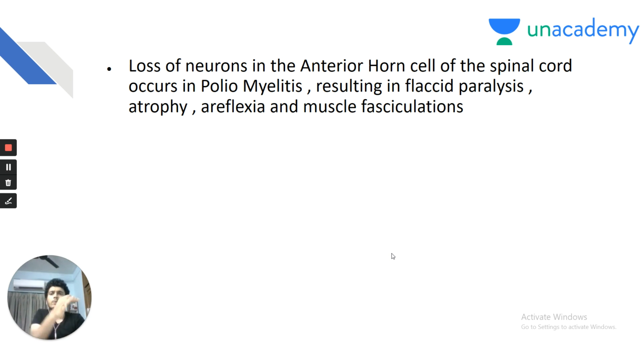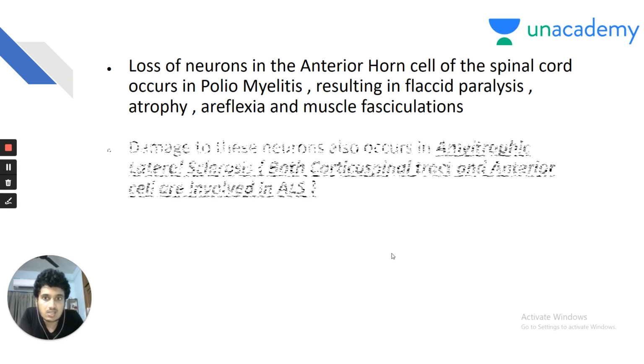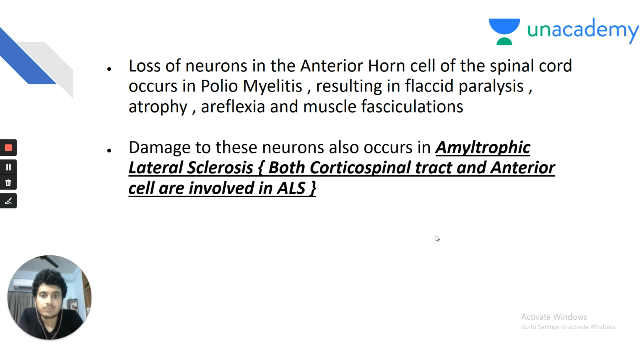Again, my dear friends, there is a popular disease which affects the anterior horn cell of the spinal cord. Can you name what it is? A popular disease which affects the anterior horn cell of the spinal cord, presenting with features of both UMN and LMN, both spasticity and flaccidity. It is none other than, yes, my dear friends, the disease pertaining to the ice bucket challenge, and it is amyotrophic lateral sclerosis. Damage to the neurons of the anterior horn cell of the spinal cord occurs in amyotrophic lateral sclerosis. Both the corticospinal tract and anterior horn cells are involved in amyotrophic lateral sclerosis,